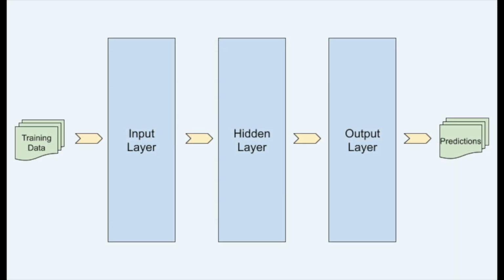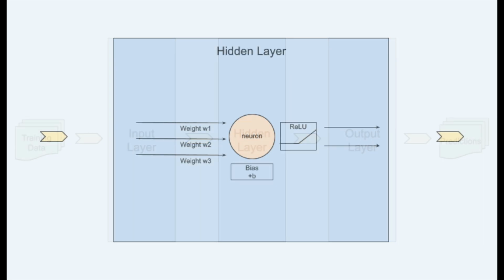Now, let's see how our neural network processes data during what's called the forward pass. This is the first phase of training, where data flows from the input layer through the hidden layers and finally to the output layer. As data passes through each layer, it is transformed by weights and biases, which are essentially the network's parameters. But the real twist comes with the activation functions, like ReLU, which we use in our hidden